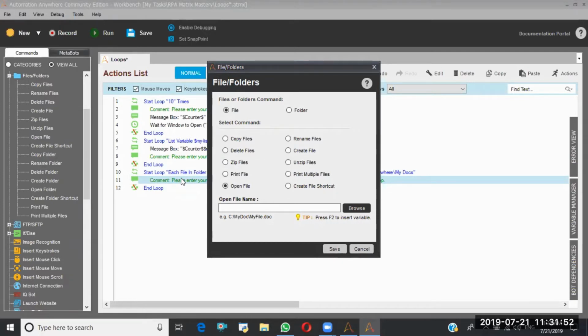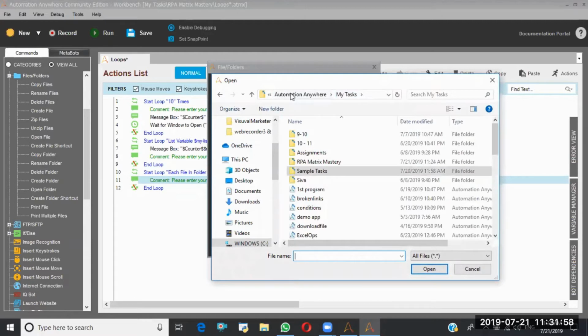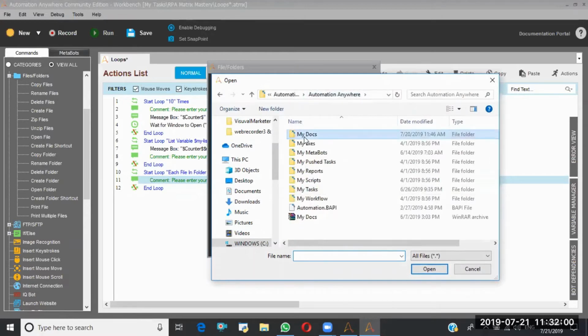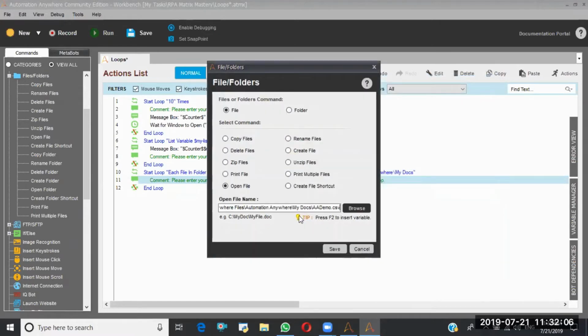So first let me go to this particular folder path, my docs, and select one file. I'm saying open. But I want to go with each and every file, so I'll remove this file name and extension here and press F2.